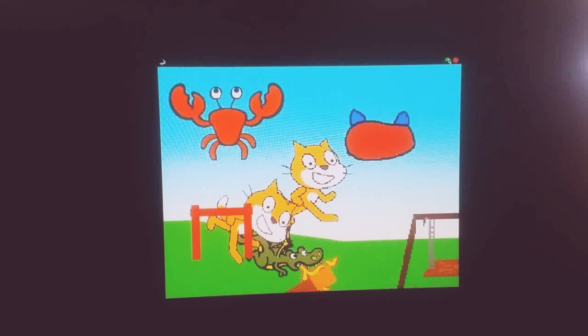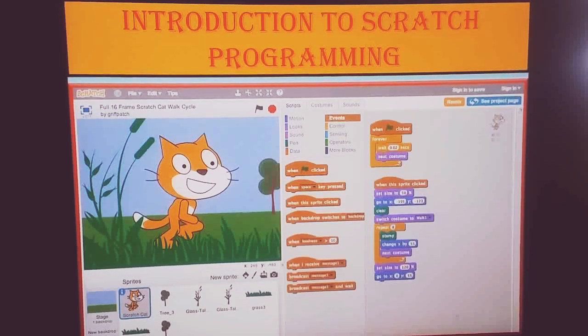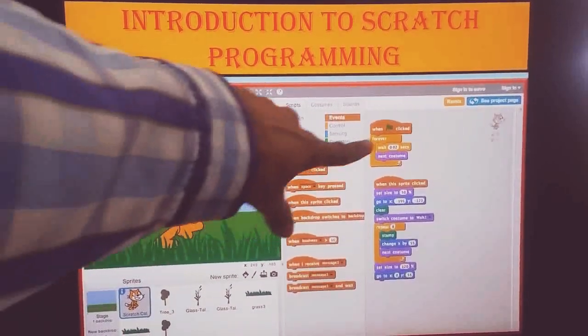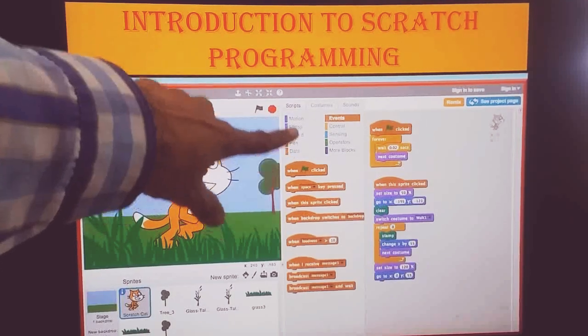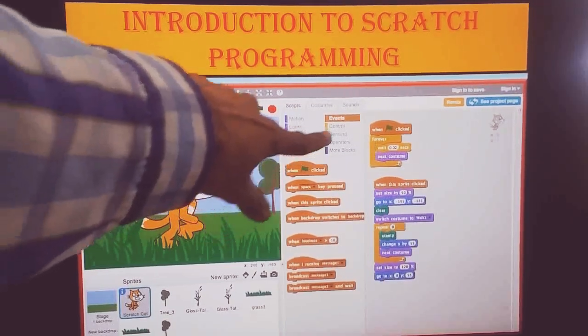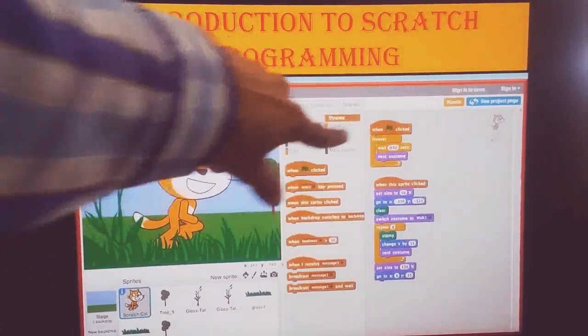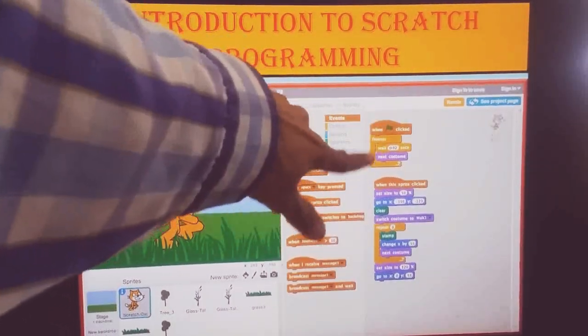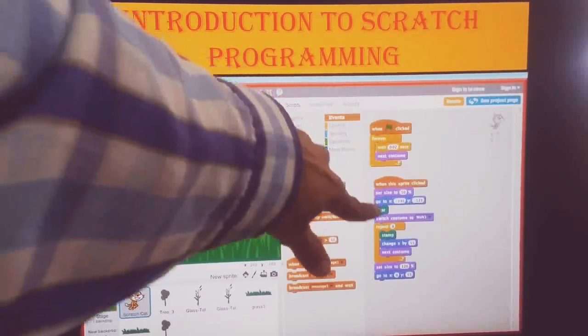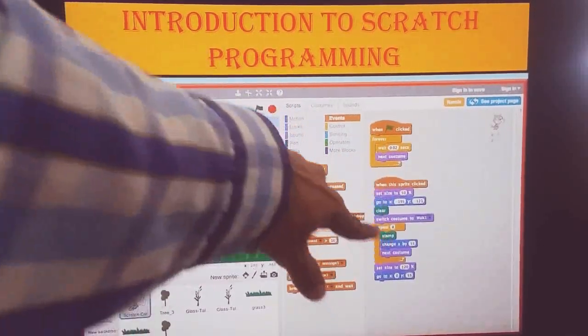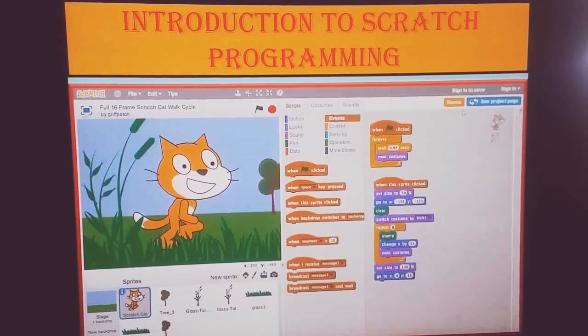You can also make like this using Scratch programming. Options are available. You can stop your project. So using commands like this, just drag them. Use all the scripts: motion, looks, sounds, pen, data, events, control, sensing, operators. More blocks are there. You just click once and drag whatever is required, drag the commands and operate.